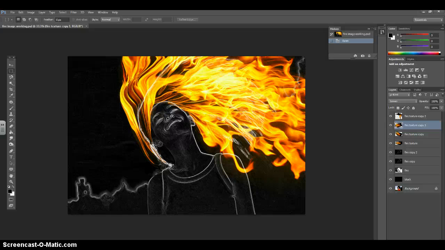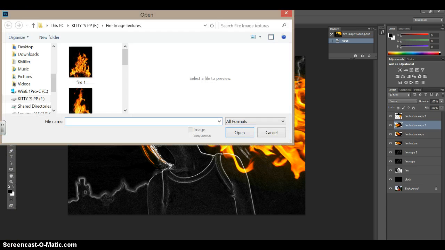Okay, so this is part 3. So what I'd like you guys to do now is we're going to add some fire to her torso here. And so I'm going to open up that same fire image that we used before. So let me find. So go to that fire